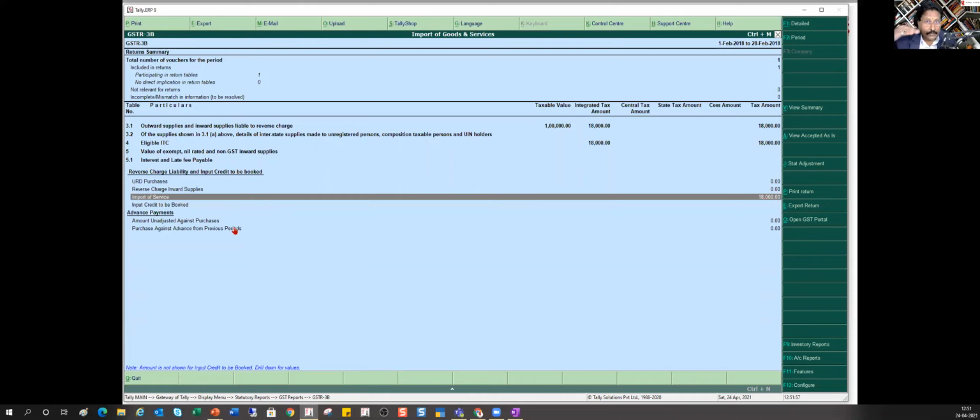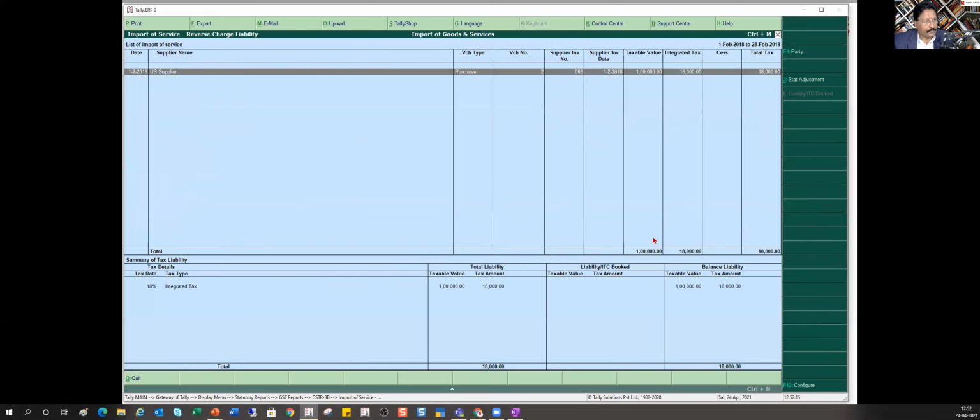So this is where Tally is going to tell you, I have taken this as per GST law, I am considering this in the return. But you have to now make this entry in your books of account so that my return and your books of account are going to match. So what I'm going to do, when you come here, enter, see, it is also going to show you the information here. So what did it say? Because you have made an import of your consultancy charges by properly configuring your master, Tally is now telling you the total tax liability on reverse charge on 1 lakh for you is 18,000 rupees.